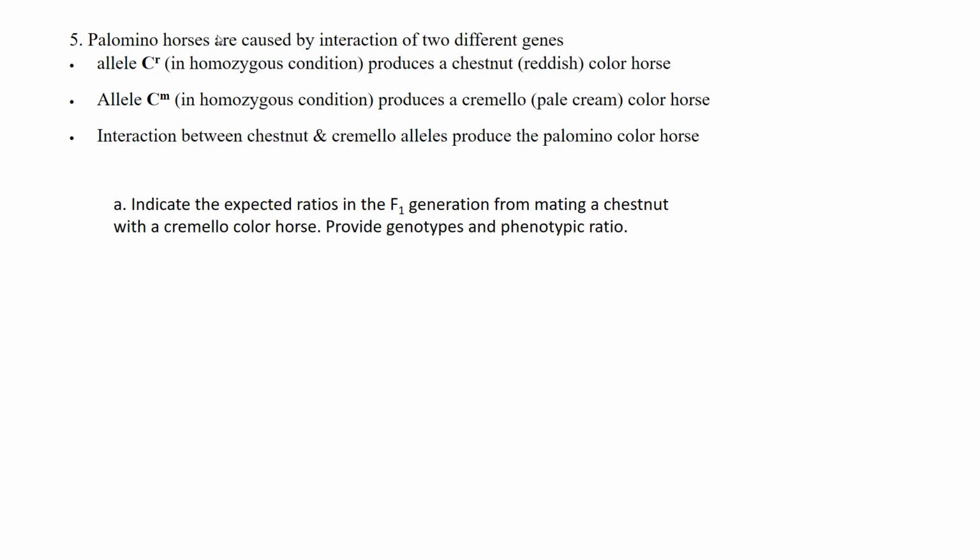It says palomino horses are caused by an interaction of two genes. Allele C with the superscript little r in a homozygous condition produces chestnut, which is just red for these horses. So let's do a legend right here on the side. If I have CR in a homozygous condition, meaning both of them are the same, that's going to give us chestnut,